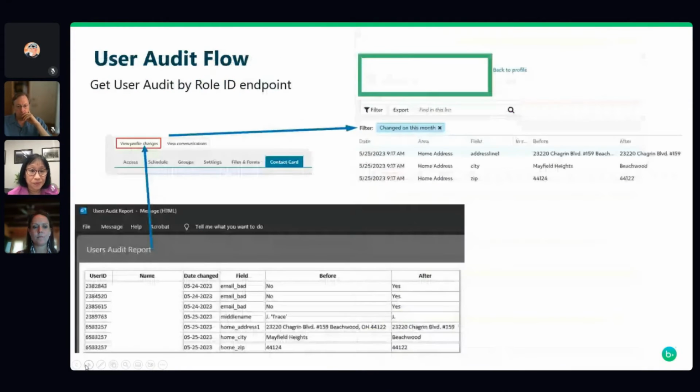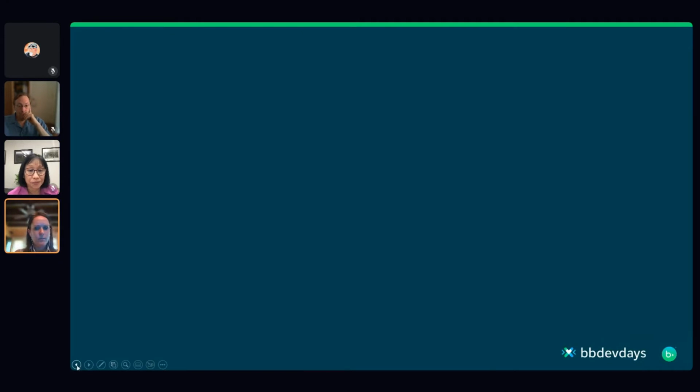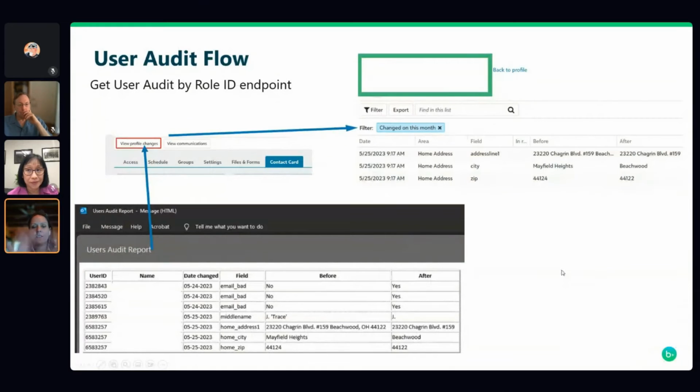So clicked over too much. And then just a quick screenshot of the user audit flow, which is using the get user audit by role ID endpoint. So this also sends an email notification daily of all of the changes that are reported from that